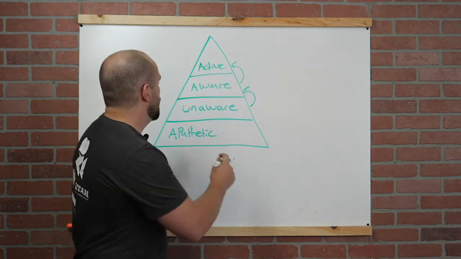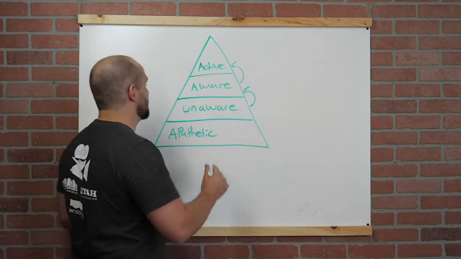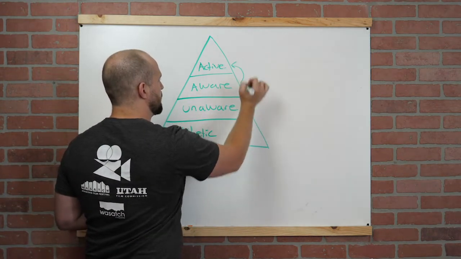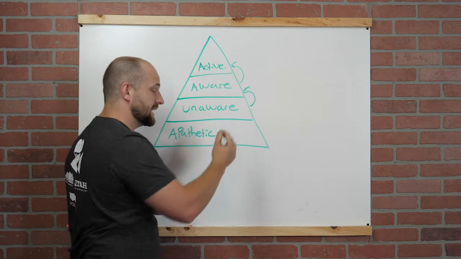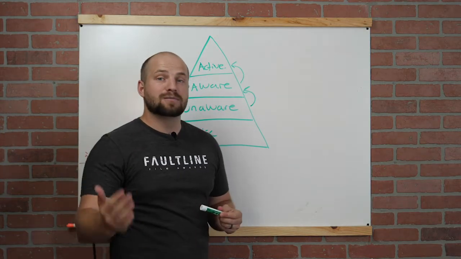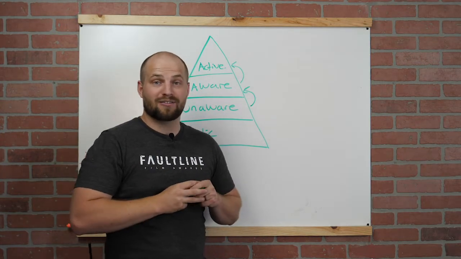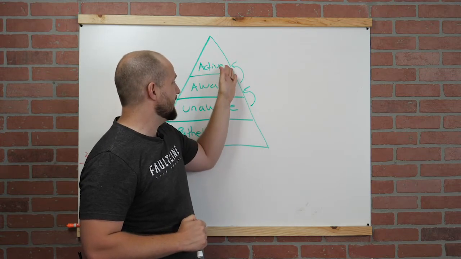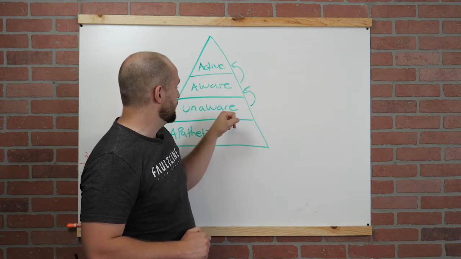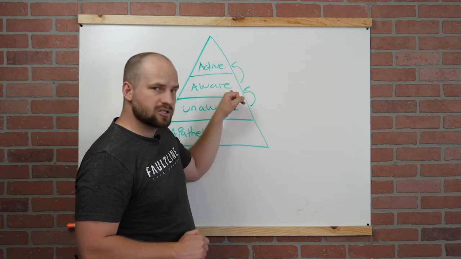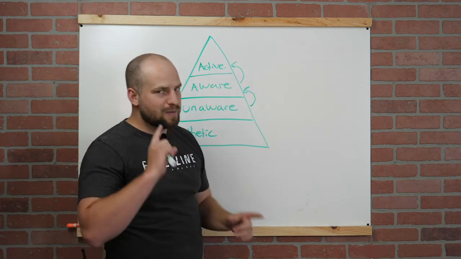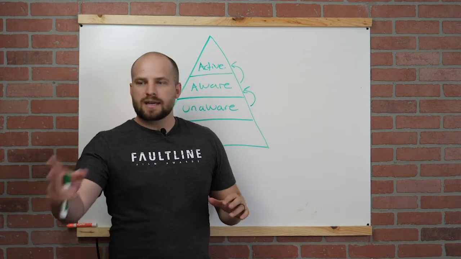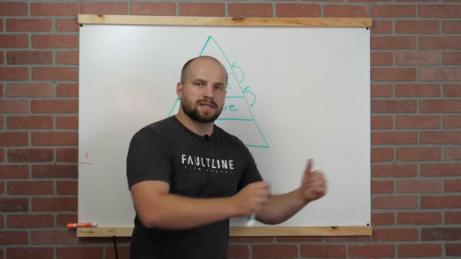And the really cool thing about this is once you start getting a flow of people going from one level to the next, it comes on a never-ending flow, right? You have campaigns getting people from unaware to aware, aware to active, and these people that you got from unaware to aware, eventually they're going to go to active. So you have to be thinking, okay, how am I going to move my audience up this list?